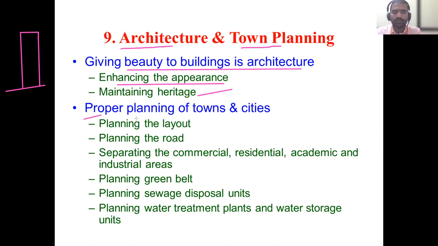Next one is proper planning of towns and cities. So this will come under town planning. Architecture just gives the external appearance of the building. In town planning, consider there is a